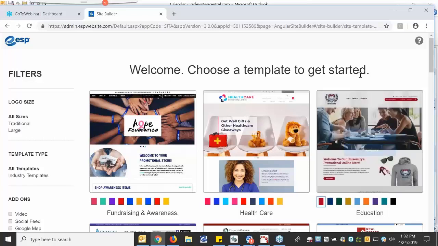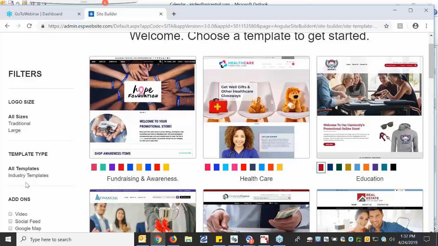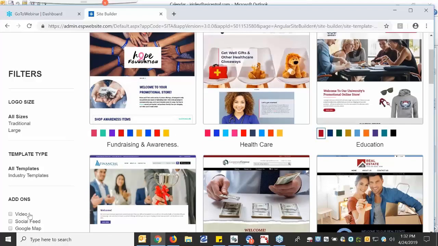So let's get started. The first step is to choose a template. If you'll notice on the left, we have filters to help us narrow down our choices for templates. We can choose by logo size, look at all the templates we have, look at traditional size logos or large. The template type, we could look at all templates or look at an industry template. And further, we can refine our template choices by the add-ons that are available, such as video, social feed, and